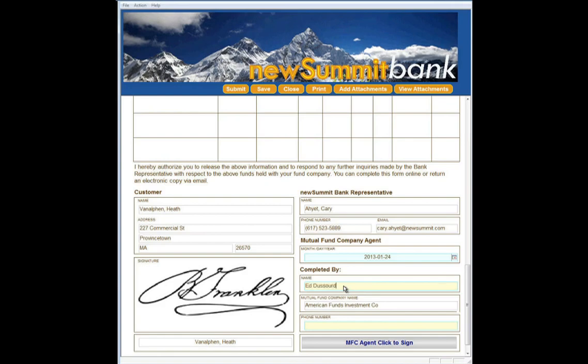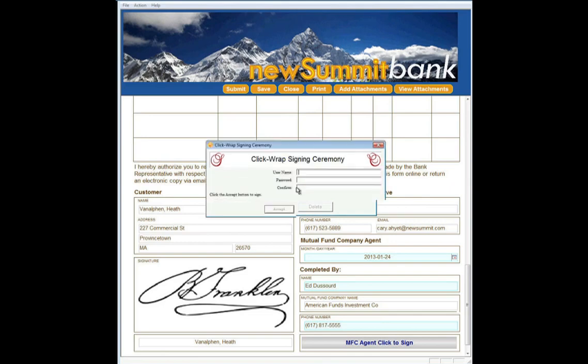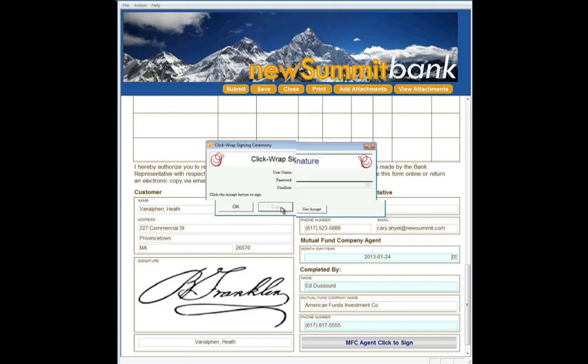Okay. Our company information is already pre-populated based upon previous entries in the form. The last thing that's required of us is some contact information. 617-817-5555, and tab out. And the very last thing that we have to do to complete it is to sign off on the form. So the mutual fund agent will come in here, they'll click sign, just like the previous signature ceremony. We're required to enter our full name and provide a password. Once we confirm that password, we're allowed to complete the process by accepting the terms and